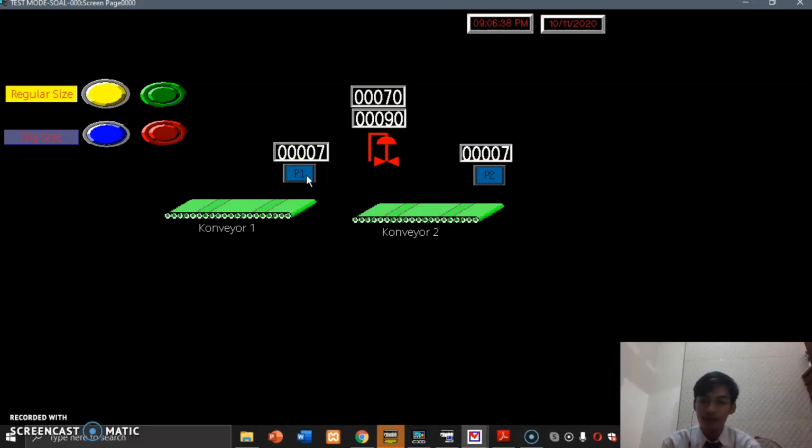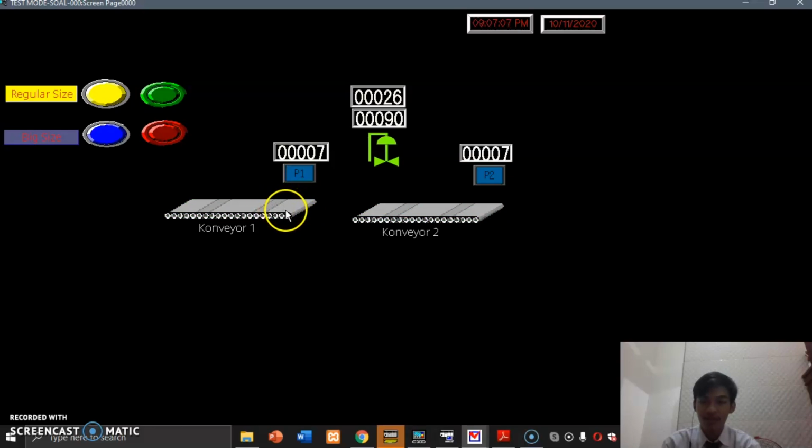If P1 detects 7 bottles, then conveyor 1 and conveyor 2 will be off. And then I will press the sensor until 7 bottles. 1, 2, 3, 4, 5, 6, 7.